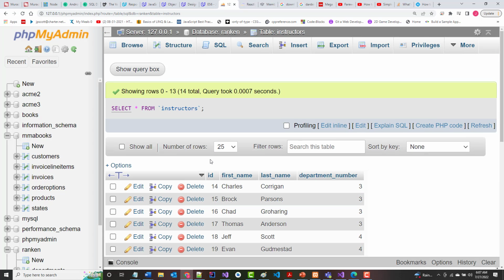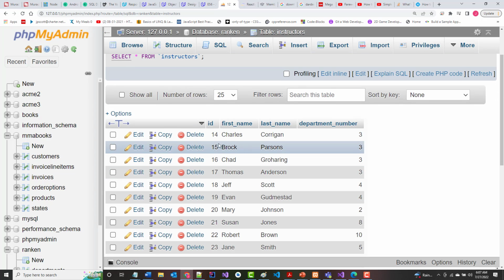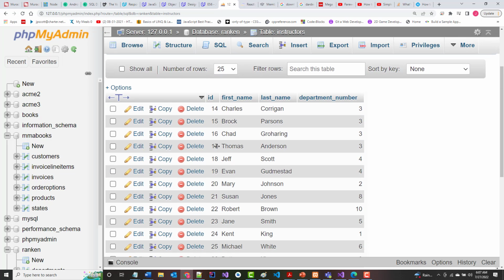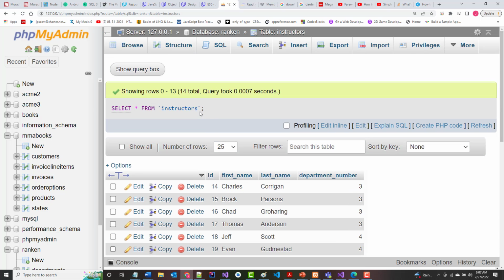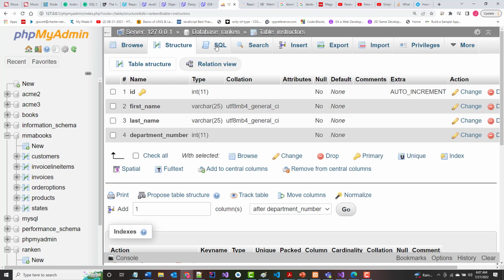It's not a big thing one way or the other. IDs are just IDs. So it is putting them in ID order, and that's the order in which they were inputted. So if I want to change that order, as you've already seen,